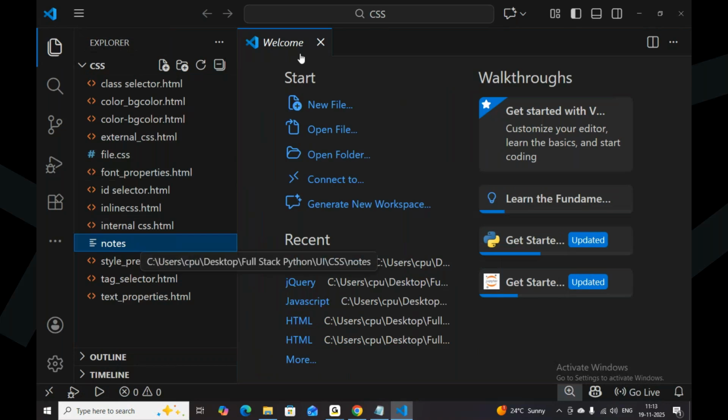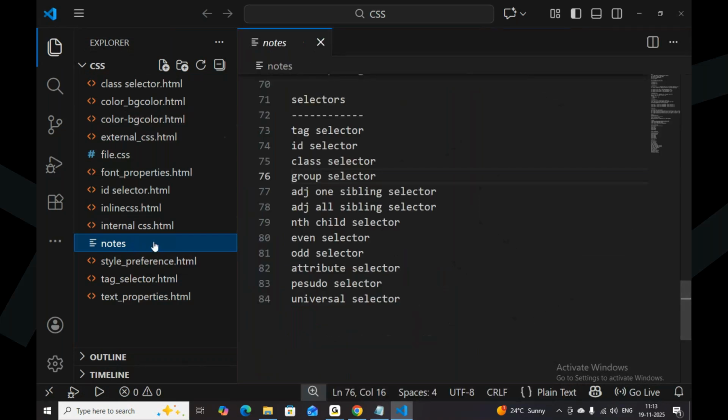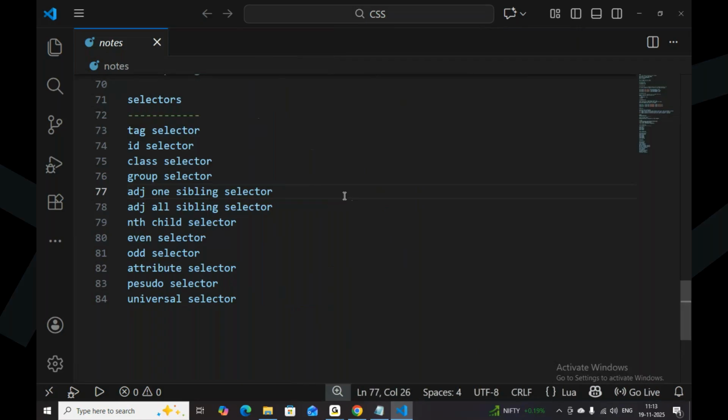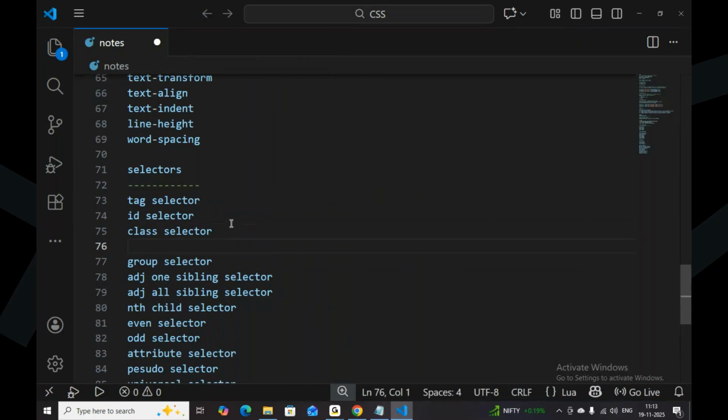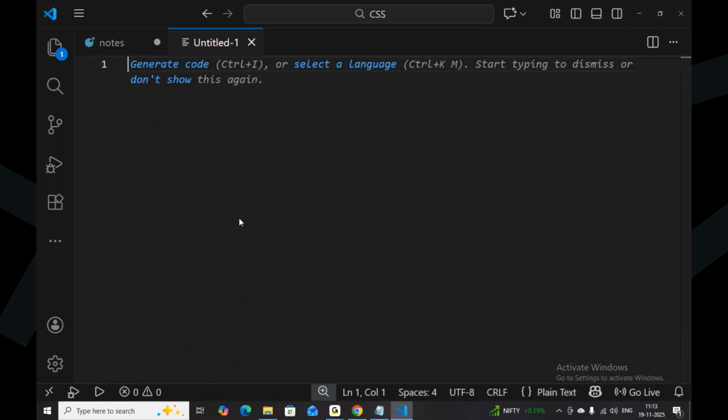Okay, so last class we discussed some kinds of selectors. We discussed a tag selector, an ID selector, and a class selector also. Now, today we will see the selector preference. If you apply tag, ID, and class, what is the first preference for the browser? I just want to see that. So take a new program and save it as